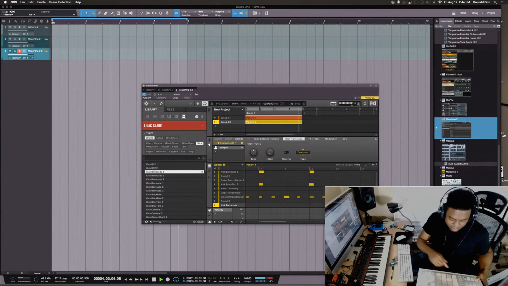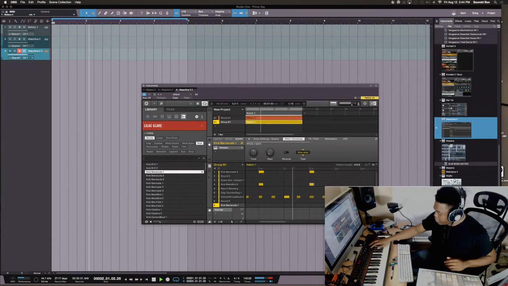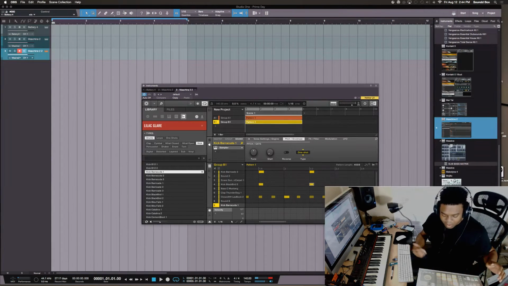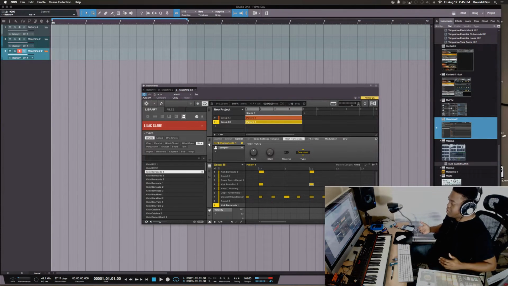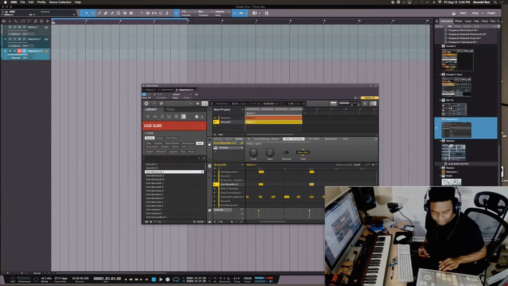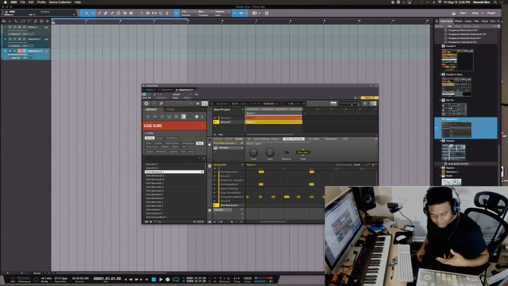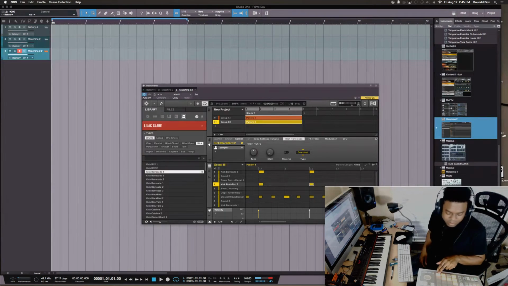Now another thing you can do, I'm going to actually add an extra kick, but I'm going to make one of them trigger the other one. That's some of the cool things you can do in Maschine here. So I got both these kicks here, and instead of reprogramming the kick all over again, if I want to double up and make them do the same thing, I'll just make this one, since I already programmed it,